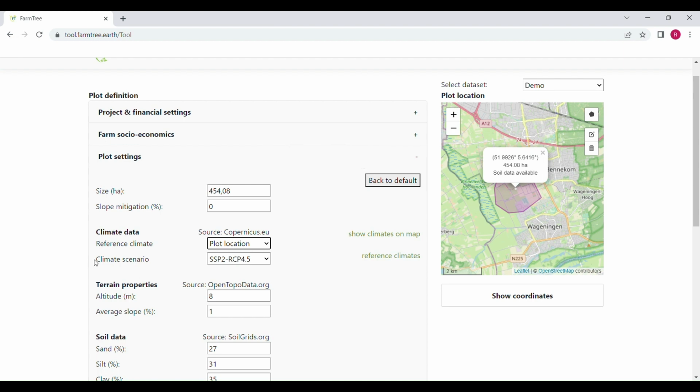Now you can select different climate scenarios, and the SSP-RCP framework is used, which is a set of scenarios to explore different possible futures of climate change. The scenarios combine socio-economic pathways, for which SSP stands, with specific levels of greenhouse gas emissions, for which